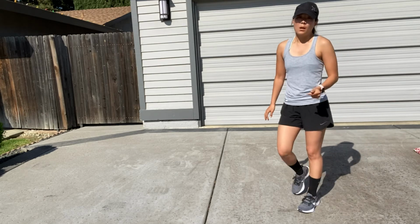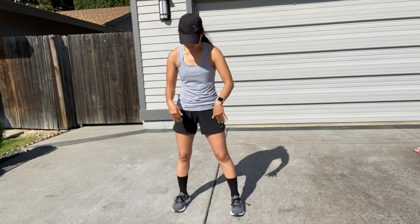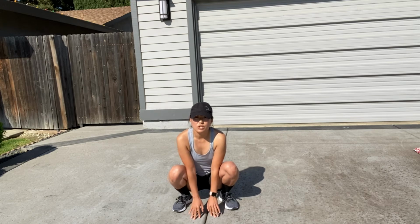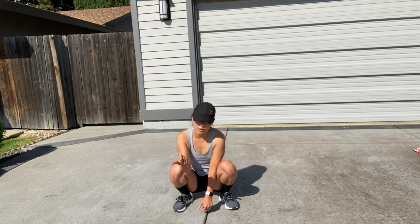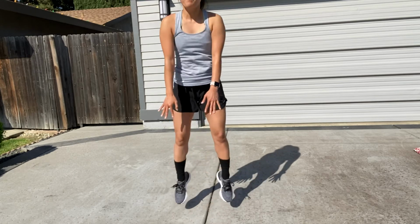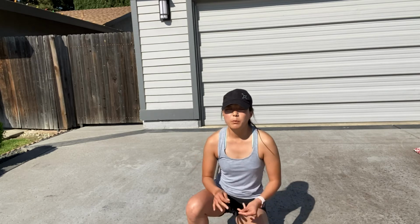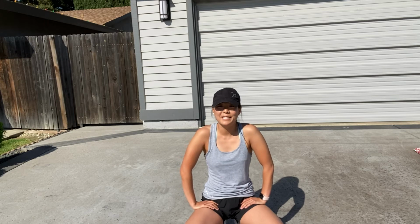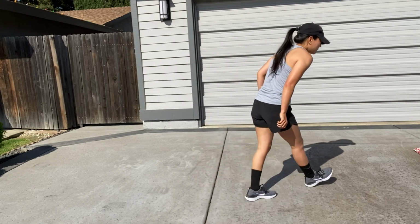The next one we're gonna do is a frog jump. Okay, so to do a frog jump, you're gonna have your feet apart. You're gonna bend down, touch the ground, and when you jump up, okay, you're gonna jump up as high as you can, and you can jump forward, and then land back in this position. So touching the ground, you're gonna jump up, land in this position, jump up, land in this position. Okay, you can jump around your area for as long as you want. This one's also really tiring, really challenging, but really good for your legs. Okay, so the next one we're gonna do,